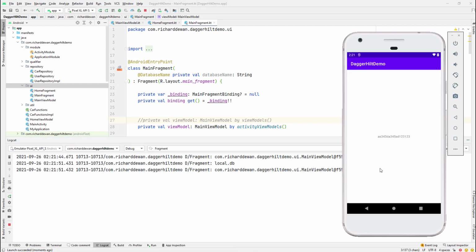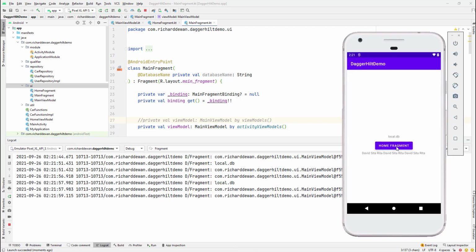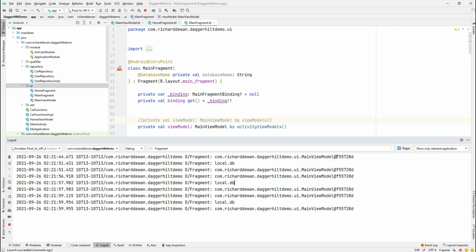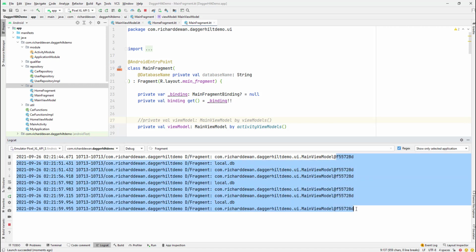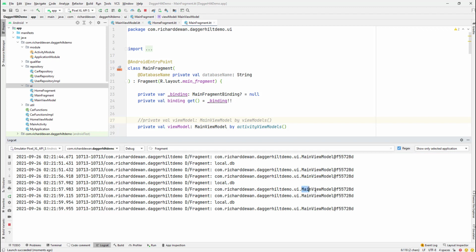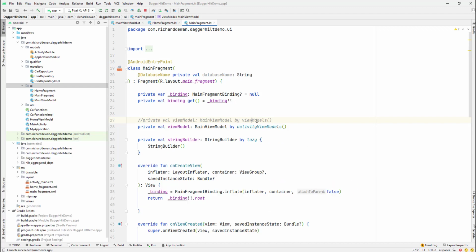Even though we are navigating back and recreating that particular fragment every time, you can see both of our fragments are getting the same instance ID of our view model. So that's great. If you want to share a view model between the two fragments and want to have the same instance between multiple fragments,